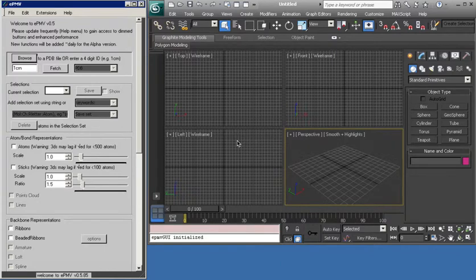I'll give you a brief overview of the basic features of ePMV and explain just a little bit about the science of what you're doing with this embedded Python molecular viewer, what all the buttons are, what these files are that you're manipulating, a general introduction to molecular graphics viewing through the embedded Python molecular viewer ePMV for 3D Studio Max. So let's begin. You follow the installation pages, you're up and running, and you have a version of ePMV similar